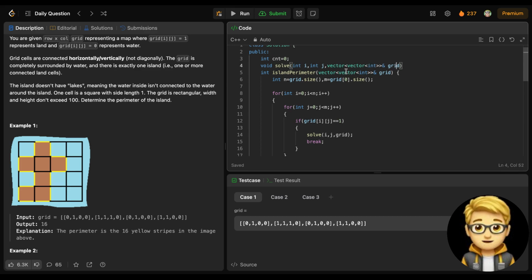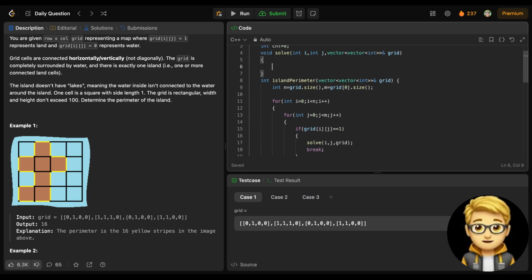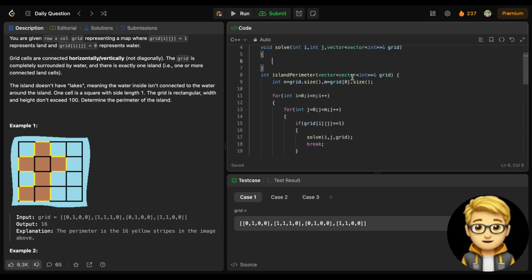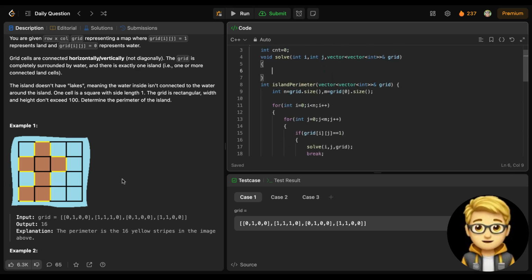We need to mark it as visited. For that, what will I do? Suppose I change this to 0. But it will create a problem if I change this to 0. Why? Because when we try to calculate the perimeter of a cell, if I change this to 0, suppose